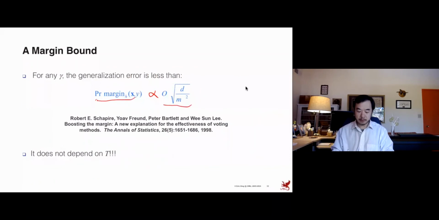I'm not going to show you how to prove it because it's rather complex, but I give you the pointer to the paper. If you are interested in theory, you can read that. In this new error term, over the margin loss, there is no T. T is gone. There is still a dependency on the dimension d. That's very intrinsic to the function you choose, and then the dependency on the data is also becoming m, a square,